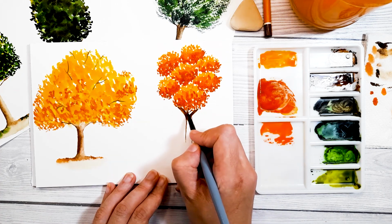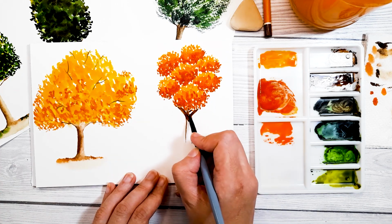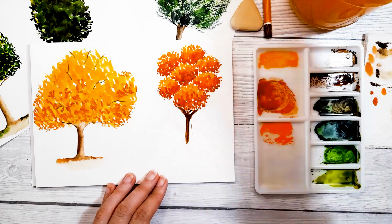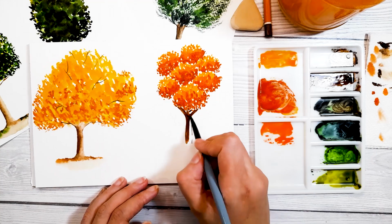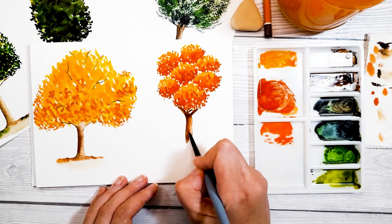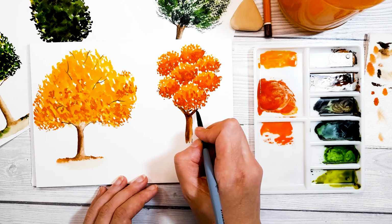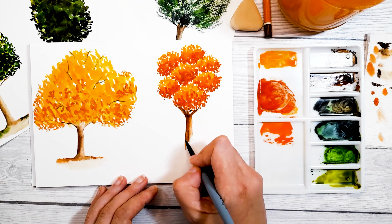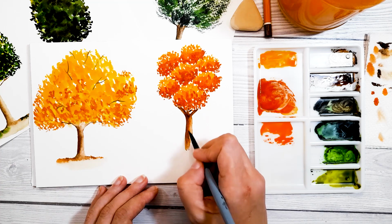I added a small branch in the middle to show this tree has different branches and shapes. I do shadows with intense pigment on the left side of the trunk. I rinse my brush in water and wipe it on a paper towel. With a clean brush and some water on it, I drag the pigment and it will blend smoothly on